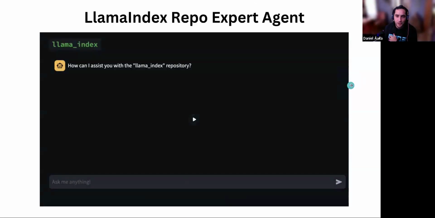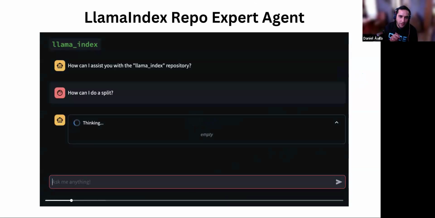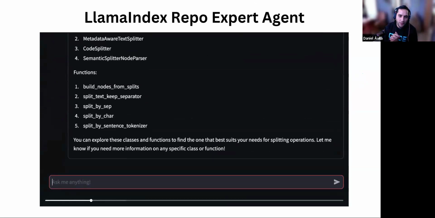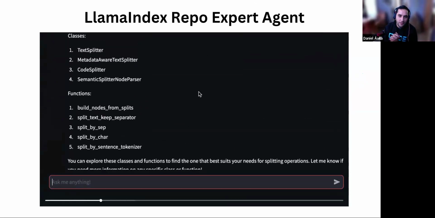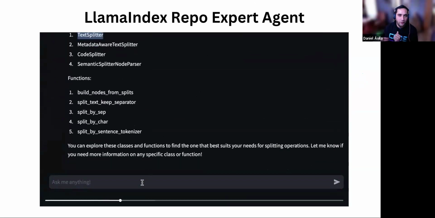This is an example where we are using the LlamaIndex repo, and you could get the full answer from the repo. In this case, I'm asking how can I split, and our function is going to be able to get the full information.